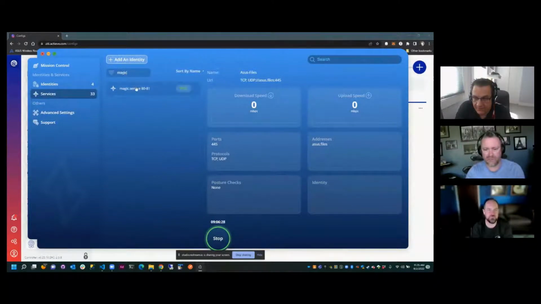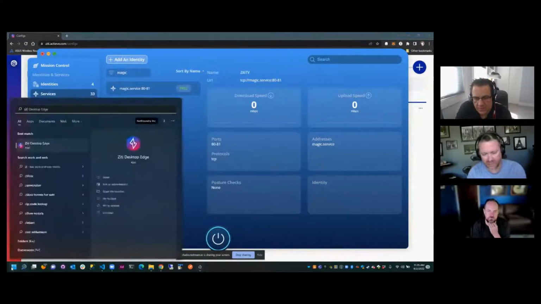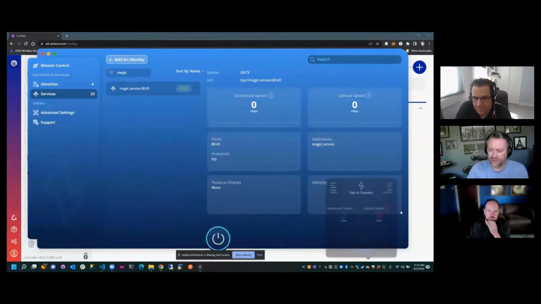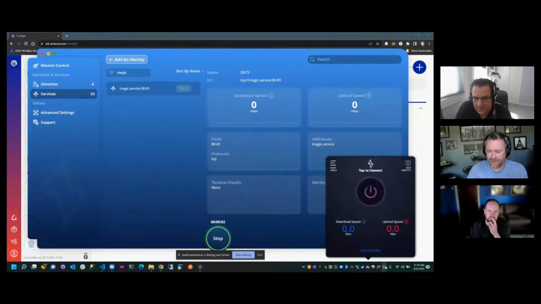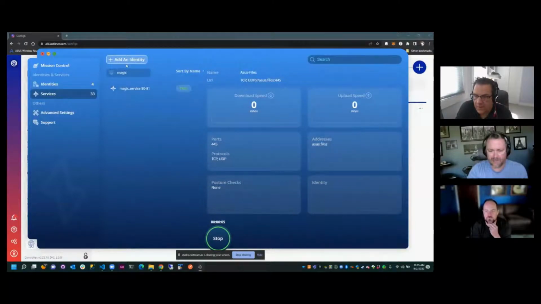I wonder if that's a different bug. Is it still there? No, it's not listing it. Does stop and start work? Oh yeah, let's stop it. I don't have a decent loader to know when it's fully stopped yet. I got to look at that. Okay. So I'm just going to sit here for a second. I can probably check this guy. Yeah. So I know that it's stopped. Okay, it is stopped. And I'll start it. And we'll see when it starts over here. There we go. Okay. And it's back.